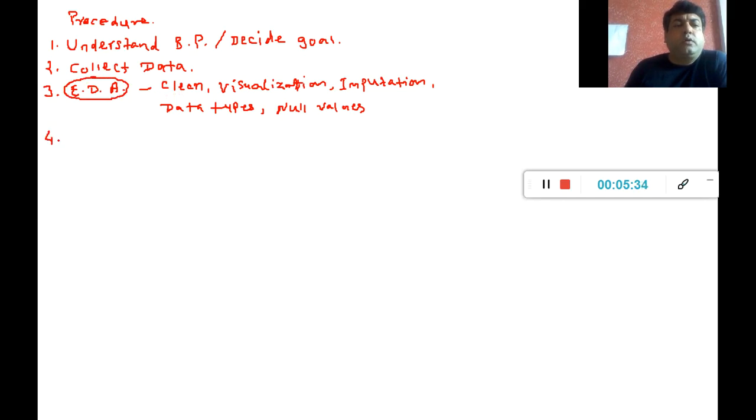Then number 4, we start doing our modeling, and there are a few steps in between, but because we have just started to build upon the models, for those who are watching my channel serially, I am covering one topic after another, so there are some steps in between. You can do them in sequence, or you may do them after doing some of your analysis or modeling as well. You can come back and do some things.